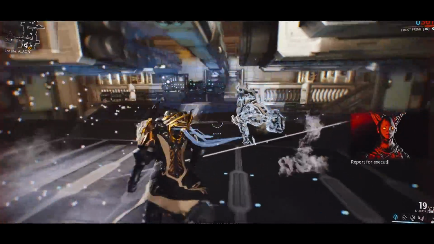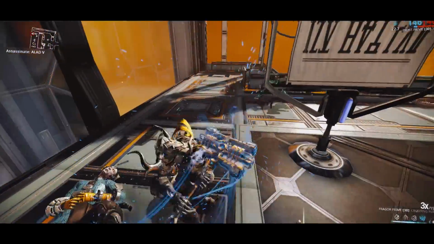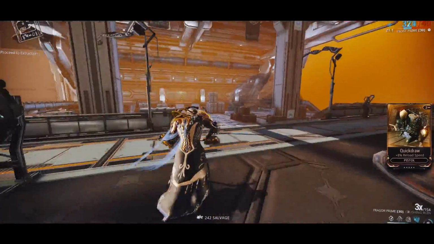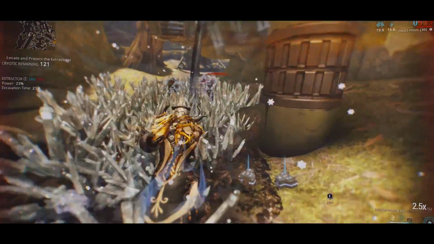The weapon choice is up to you. Most of the time you will be fighting enemies or crowds of enemies that have their armor completely stripped, so using slash or elemental based builds which are effective against health will be very good. For this build I use Fragor Prime, which has the highest critical chance in the game, along with a high